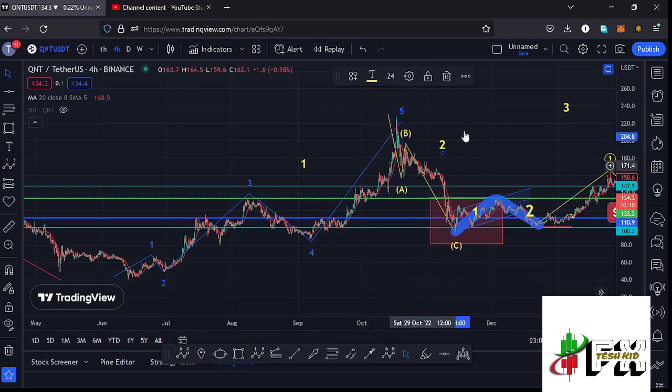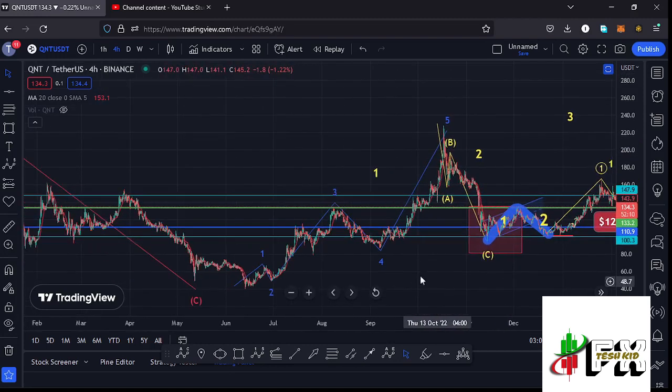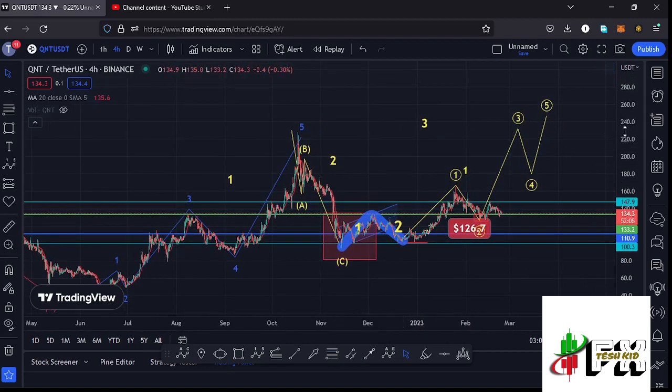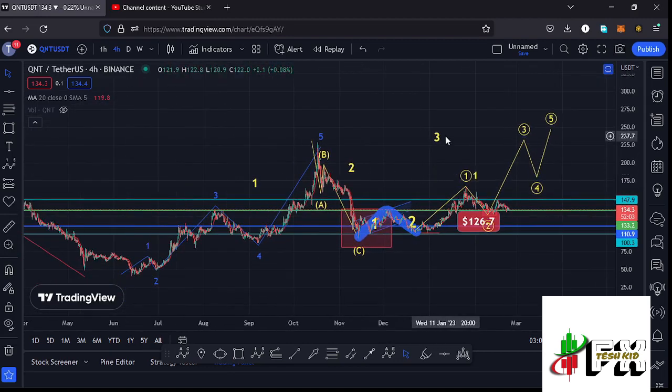And in the formation of that larger Elliot wave count 2, we also expected to see an ABC corrective structure in a move that has now given us a low at around the $94.4 mark, and also completing the formation of that larger Elliot wave count 2 to the lower side. And after seeing the low for that second wave, whatever we expect next is the formation of a larger Elliot wave count 3 to the upside, and sketching out minimum target areas to the upside in the formation of that